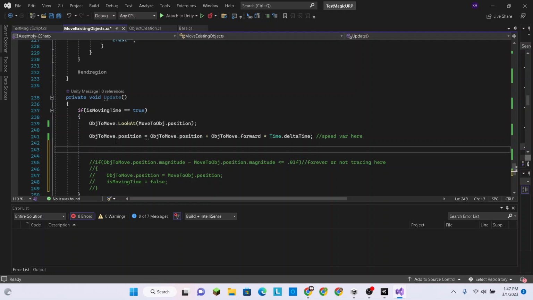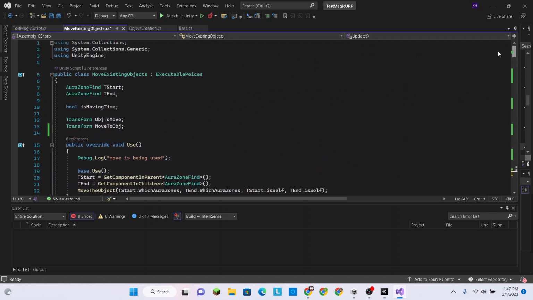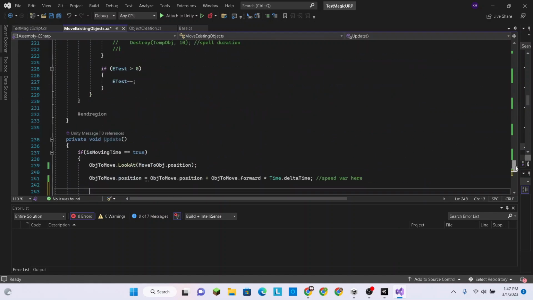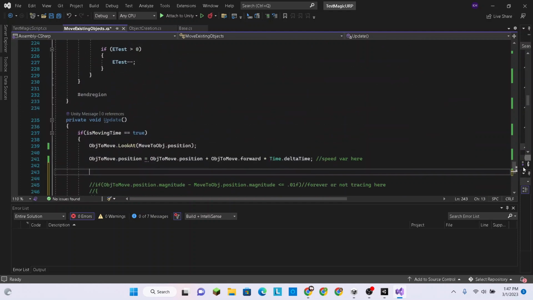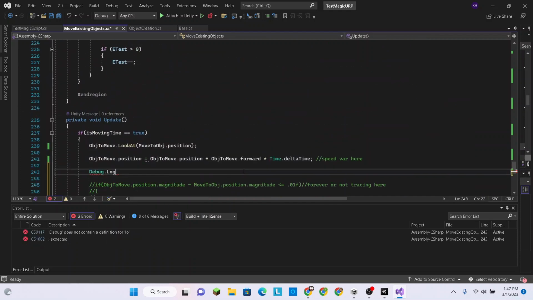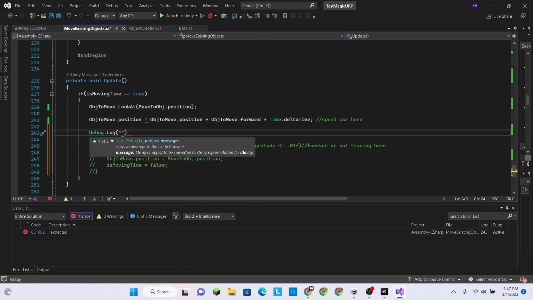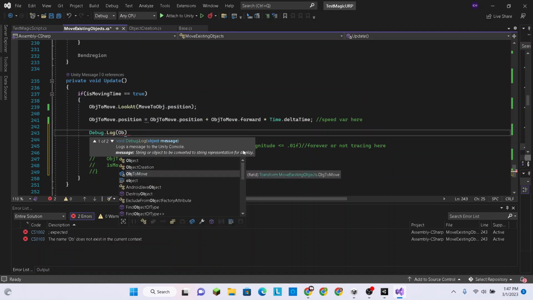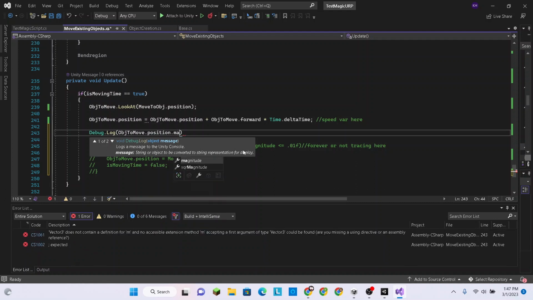Let's see what numbers it's actually spitting out. So let's make a test. Well, we can either debug it or we can make a test. I'll just debug it. So debug dot log, and we want object to move dot position dot magnitude